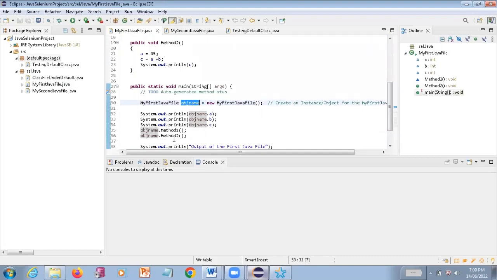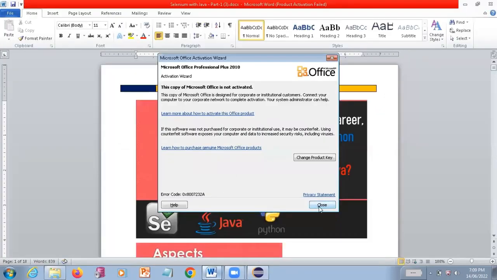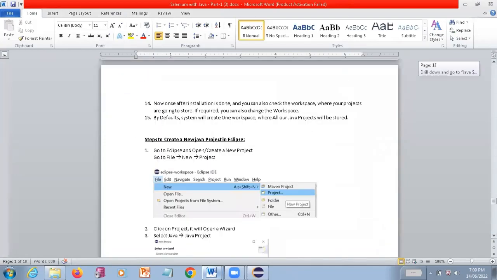Okay, so till that point it is clear, right? Now you know how to create a package, how to create a class, how to create a method, how to create an object, right? So these things are fine. Now after this,